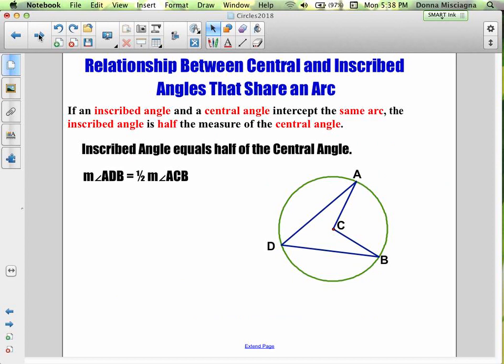So the relationship between central and inscribed angles, the ones that share an arc. If an inscribed angle and a central angle, and by the way, it's fine to put the symbol for angle, intercept the same arc,